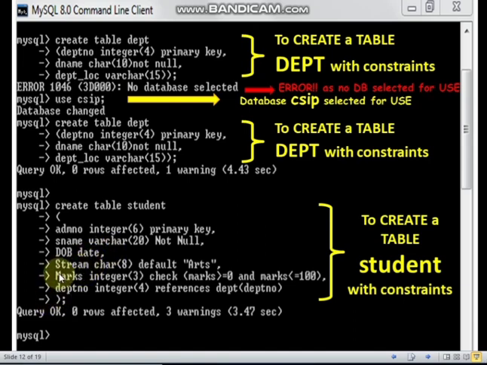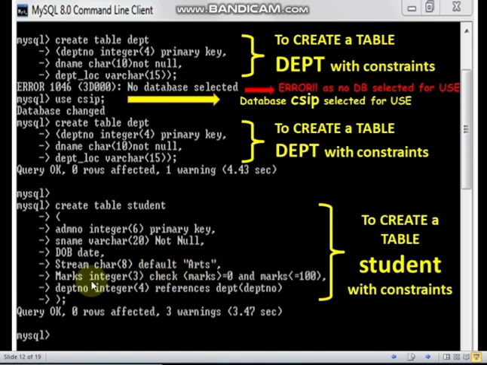Then I have given stream, char 8, and default. See how to write default: don't give any equal sign or anything, just write DEFAULT, a space, and then the default value you want to give to this column. And you know what default will do.